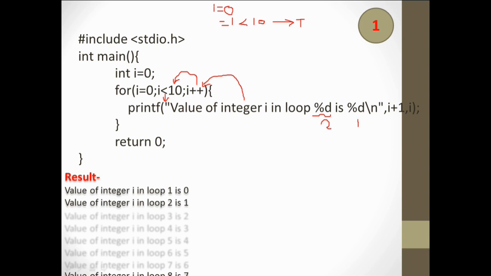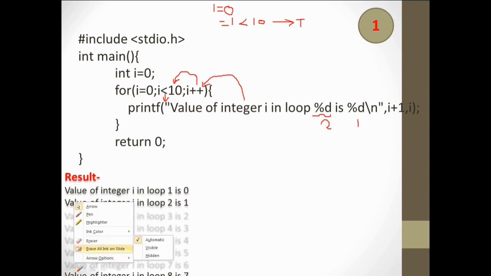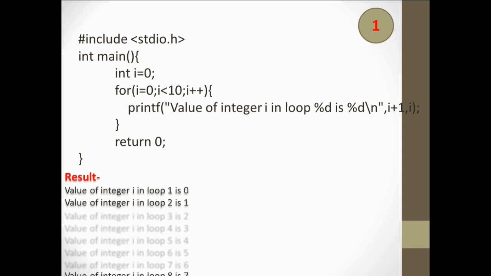Similarly, for the third one, after printing the second statement, it will go back to the increment and increment the value of I by 1. The value of I was 1, so now it becomes 2. Then it checks whether I is less than 10.